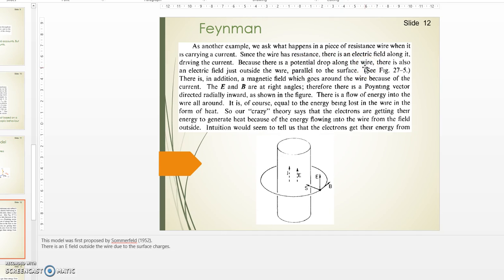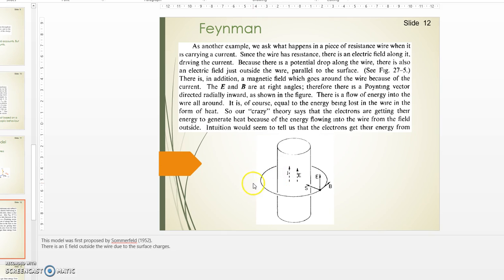I don't understand that explanation, but I would say there's an electrical field just outside the wire just because of surface charge. Now apparently the surface charge model wasn't really very well known then, and Feynman wasn't aware of it, so he doesn't mention it. Alright, so we've got an electric field just outside the wire. We've got a B field created by the current, and that produces a Poynting vector pointing into the wire. So in other words, energy is flowing into the wire